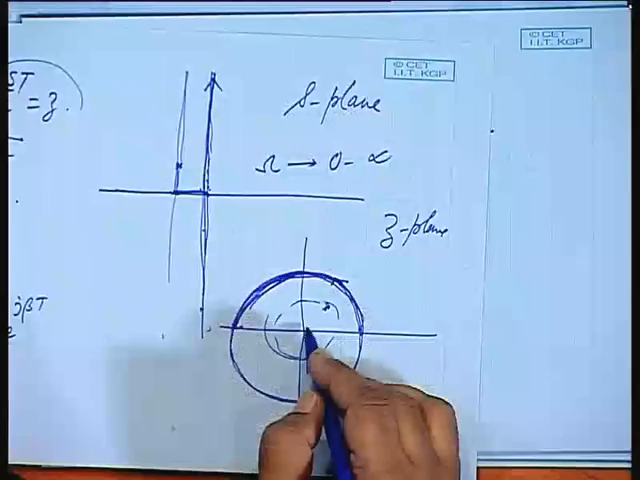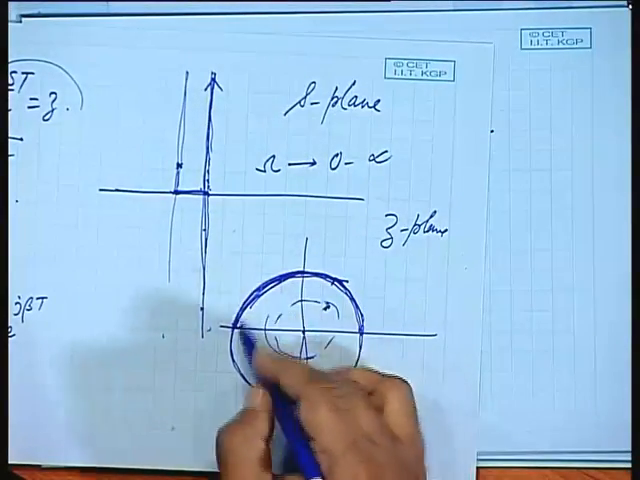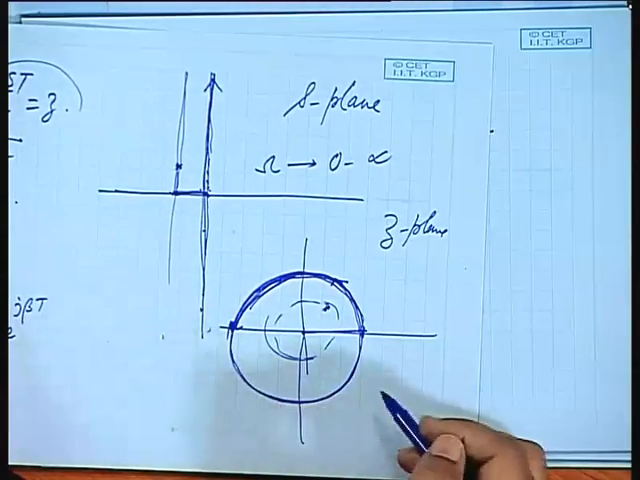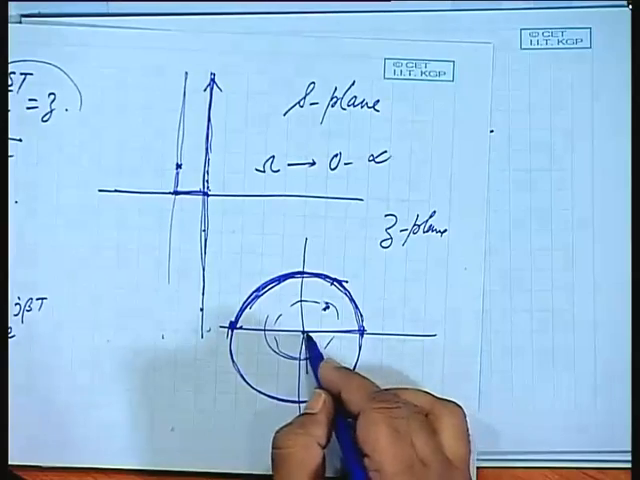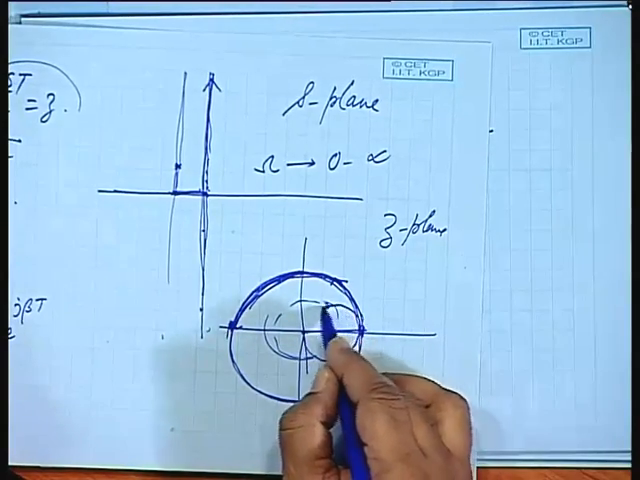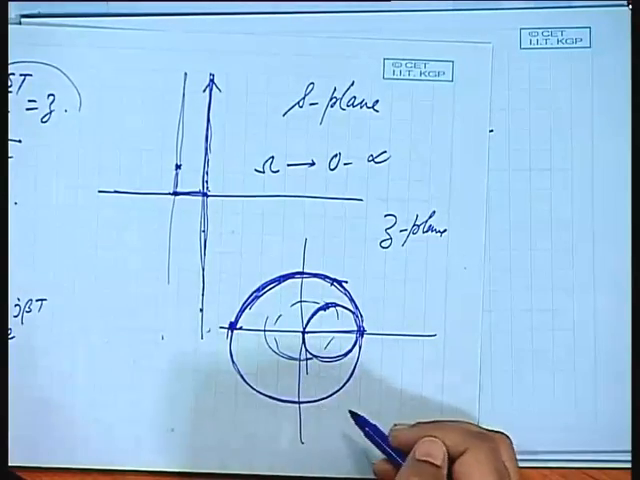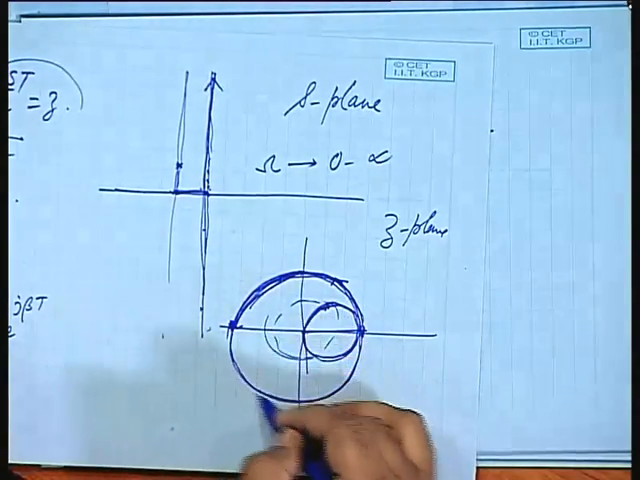How many times is it making the circle? Only once. Earlier the circle had a center at the origin, and its radius was 1. Now I am getting a circle like this, well within the original circle. So, this was actually the stable region,